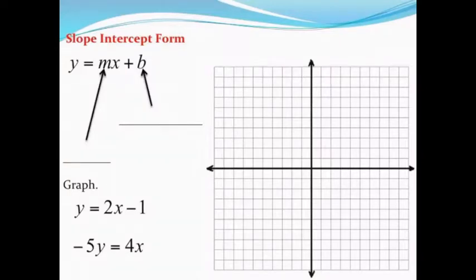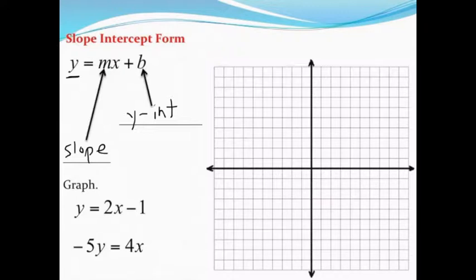Graphing a line in slope-intercept form is probably, in my opinion at least, the easiest way to graph a line. Slope-intercept form means that y is by itself, and then we have mx plus b. The m stands for the slope, so our coefficient of x will always be the slope, the rise over run of the line. The b value, the constant, will always be the y-intercept, where the graph crosses the y, or